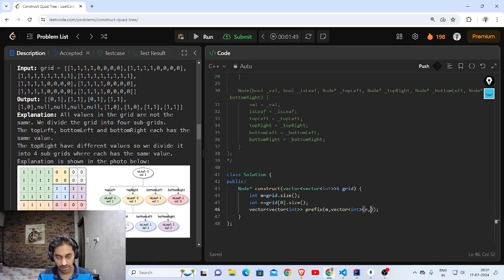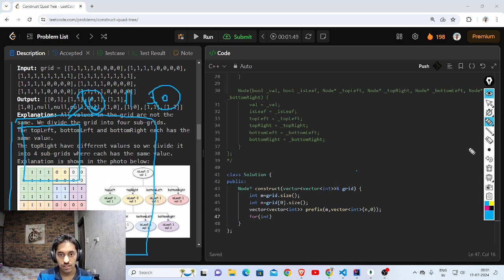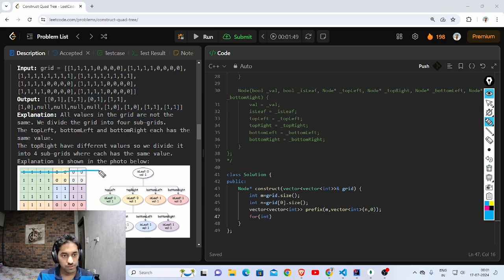This will be N. Initially the values will be 0. I'll first fill up the first, since I'm making a prefix, I'll first fill up the first row and the first column, and then I'll fill up these remaining rows and columns, right? So